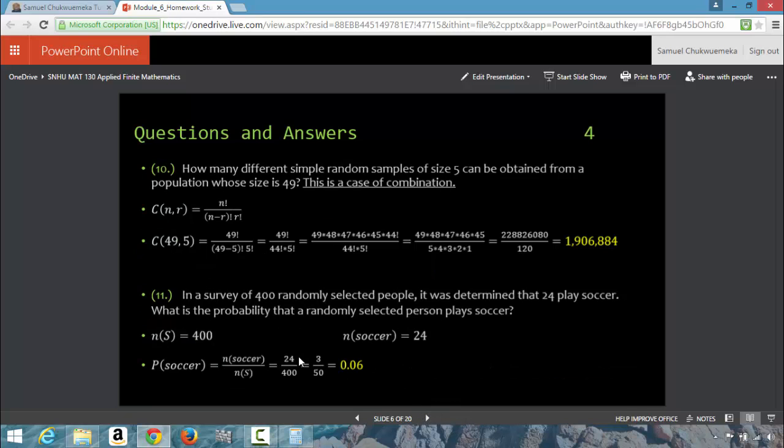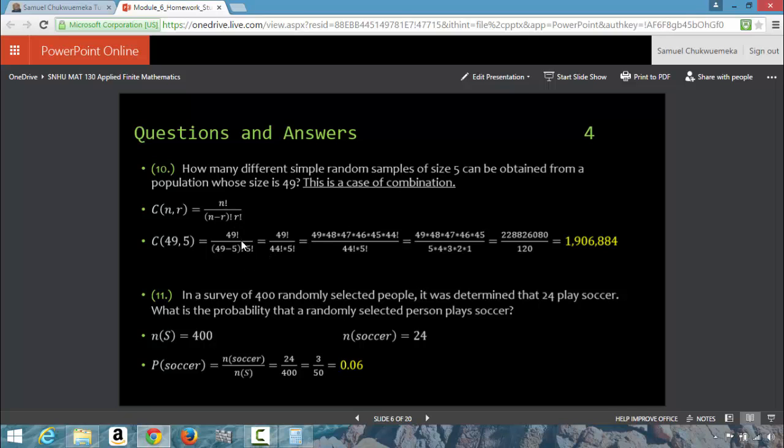Next one, question 10. How many different simple random samples of size 5 can be obtained from a population whose size is 49? If you view the prerequisite videos, you will understand how I did this. Of course, this means it is a case of combination, because the order does not matter at all. And when you want to do 49 comp 5, or you say comp 5 from 49, or you say 49 combination 5,